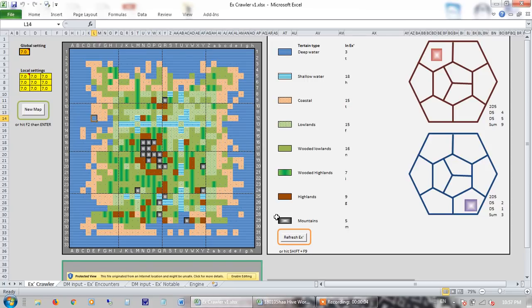So, rather bizarrely, last night I had a dream about making an Excel hex crawler. Now, I don't normally, as a general rule, have dreams about RPGs, but last night was a bit bizarre. Anyway, today I had a 10-hour round-trip journey on a train for a 1-hour meeting, so I started tinkering